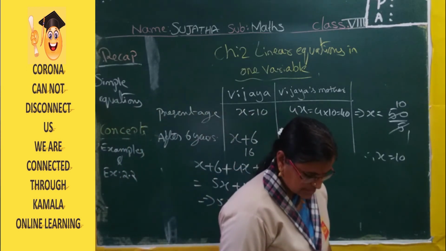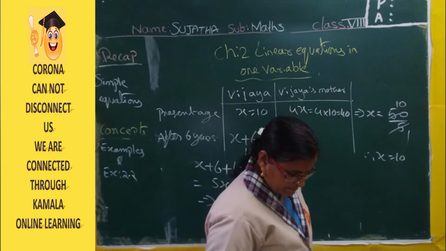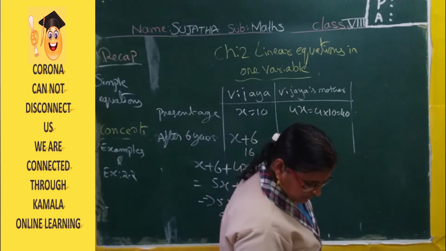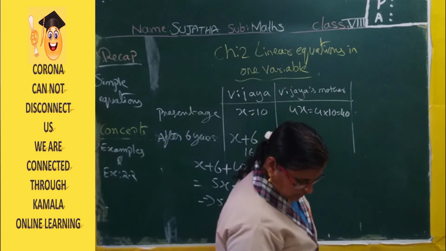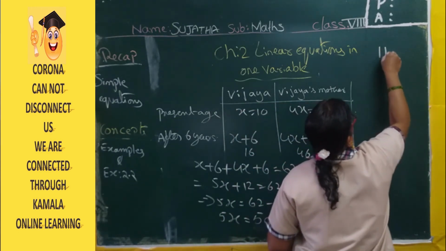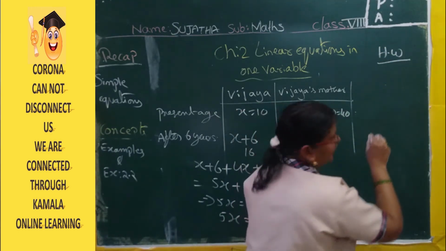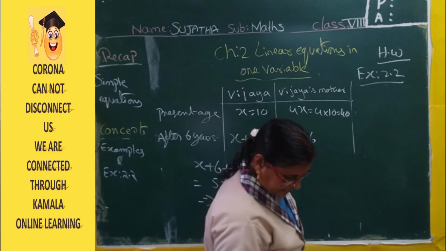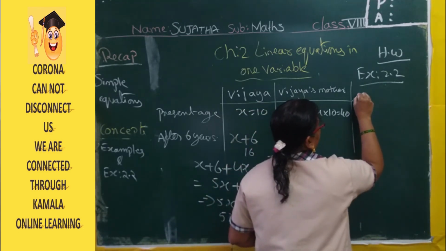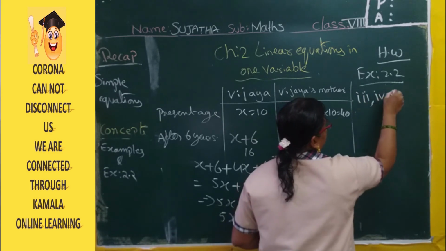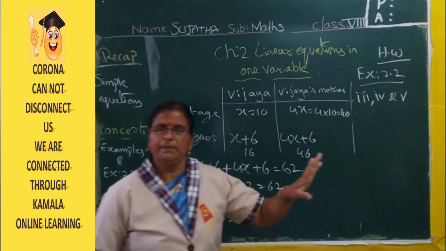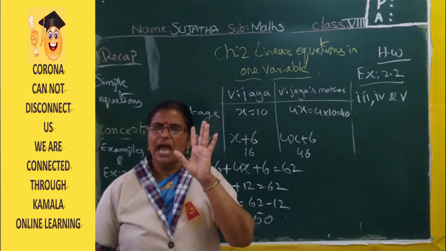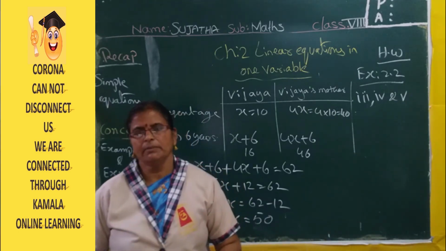Now, examples I explained. Today your homework, this session's homework, will be exercise 2.2. Just you try it. Okay? First sum already I explained. First, second over. Third, fourth you have to try. Exercise 2.2, I will explain, but you have to try it. 3, 4 and 5. First sum, these 3 bits just you have to try. Only 2 are there. One is exterior angle property, one is angle sum property. These 2 only you have to use. Okay, ma? Okay, thank you.